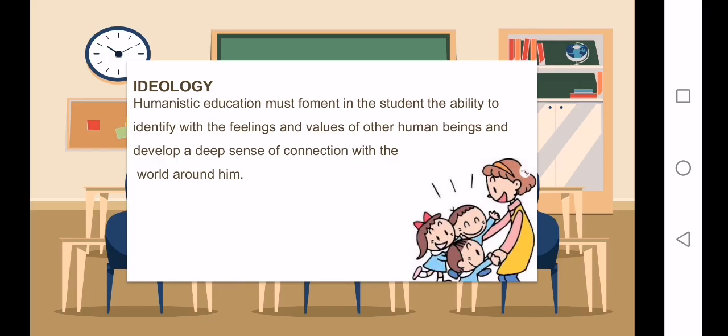and the ideology is: humanistic education must foment in the student the ability to identify with the feelings and values of other human beings and develop a deep sense of connection with the world around him. The student needs to be more conscious of the things that are around him, like the persons, like the environment,